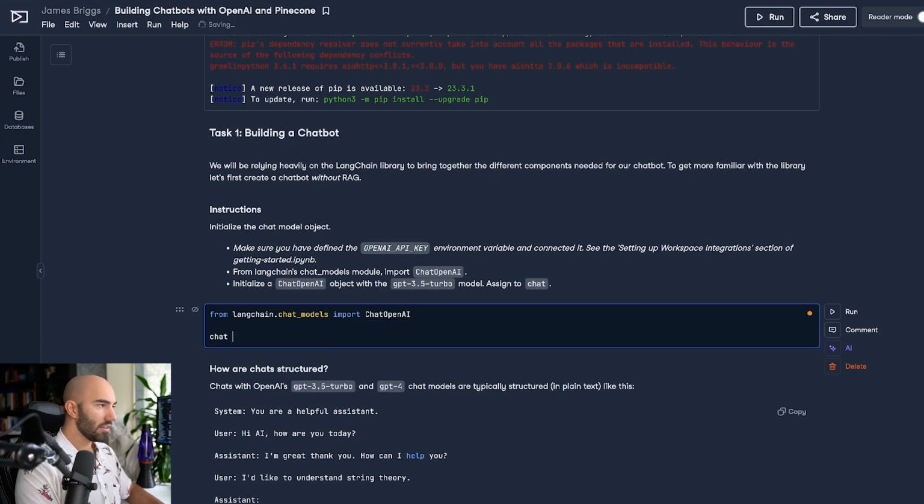We can then initialize this ChatOpenAI, and all we need to do is pass in our model name. You can either put model or you can put model name, is GPT 3.5 Turbo.